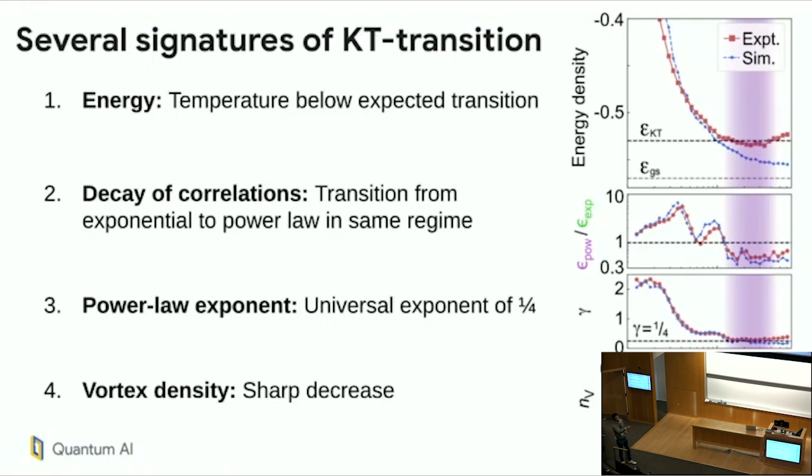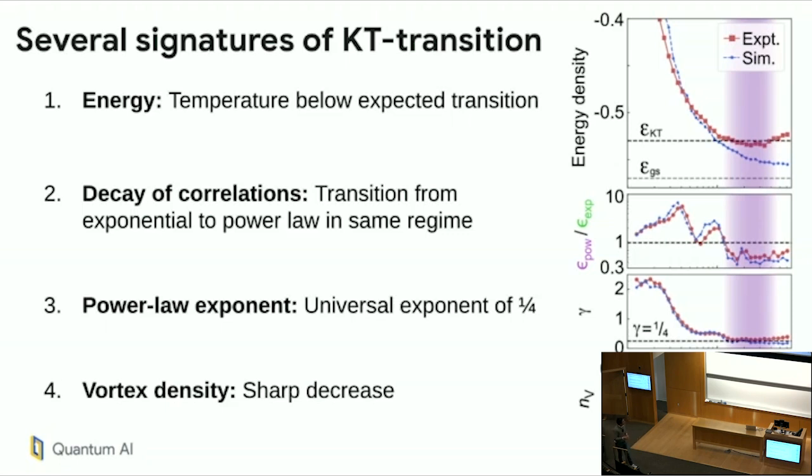You can see that that ratio is initially above 1, so exponential fits are best. But then suddenly we have this pretty sharp drop exactly when we go below the transition temperature, and suddenly we see that the power law starts agreeing better, consistent with what we expect at the Kosterlitz-Thouless transition. There's also this very nice prediction that there should be a universal decay exponent at the transition of 1/4. And indeed, in the same regime, we find that we get extremely close to 1/4. We're at 0.28 or something like that.